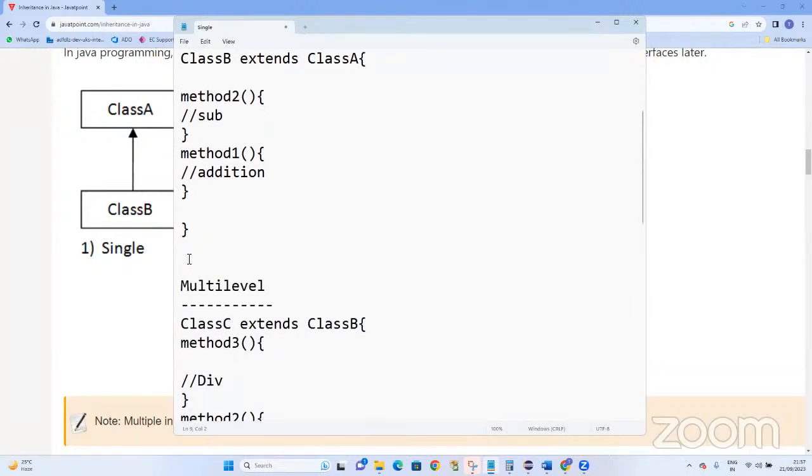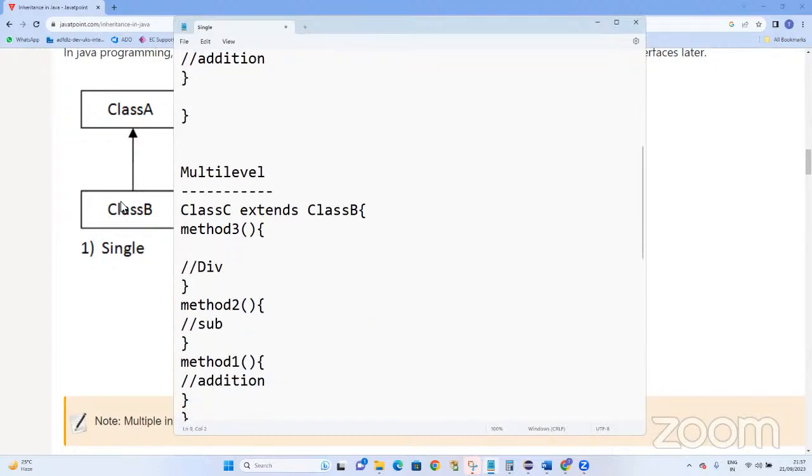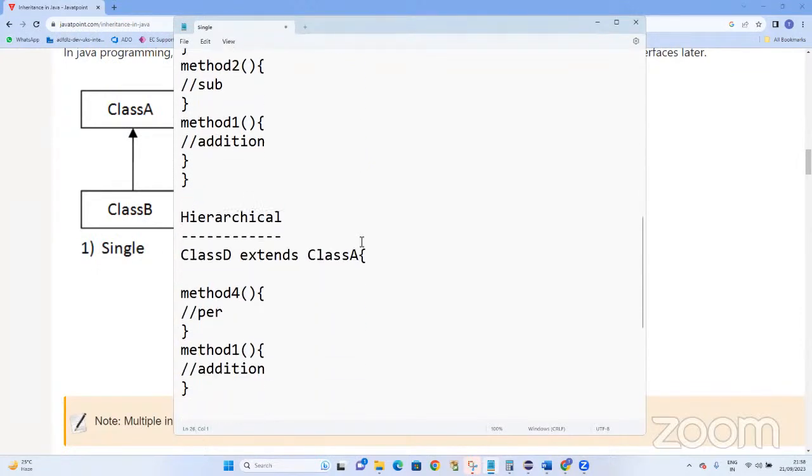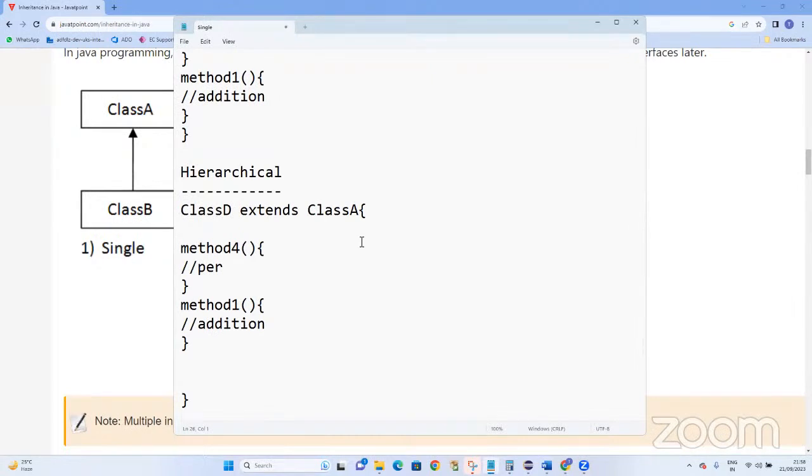And coming to it now, the child class has both parent and child class methods. And what multi-level inheritance is saying is, now another individual class wants to access both child and parent classes, then it must extend the child class, because the child class already consists of the parent and child class methods. That is what class C extends class B. Okay, now coming to hierarchical inheritance, I have two individual classes and both I want to utilize